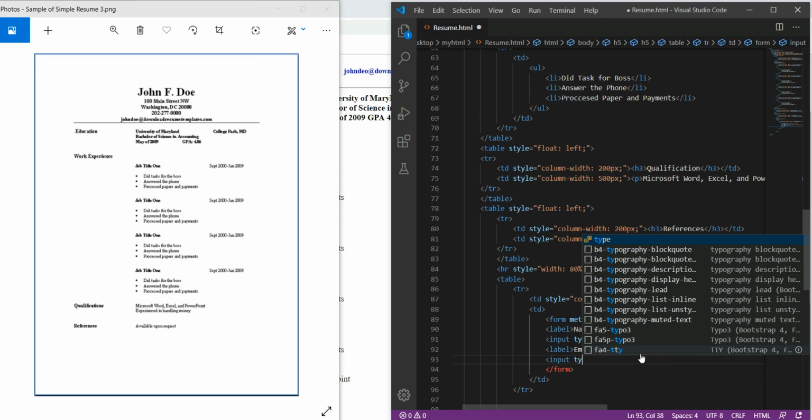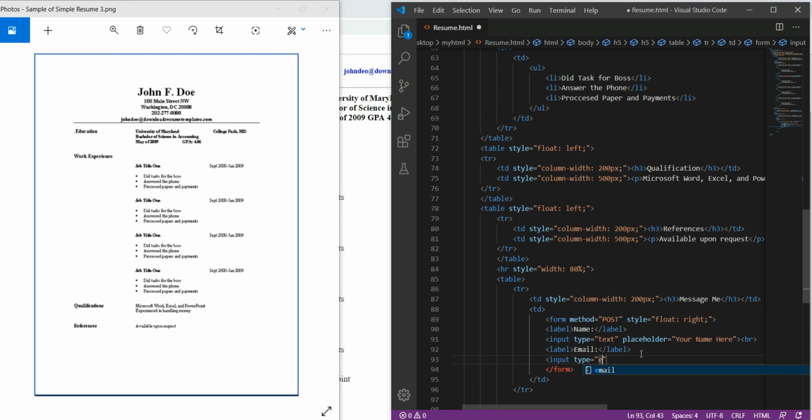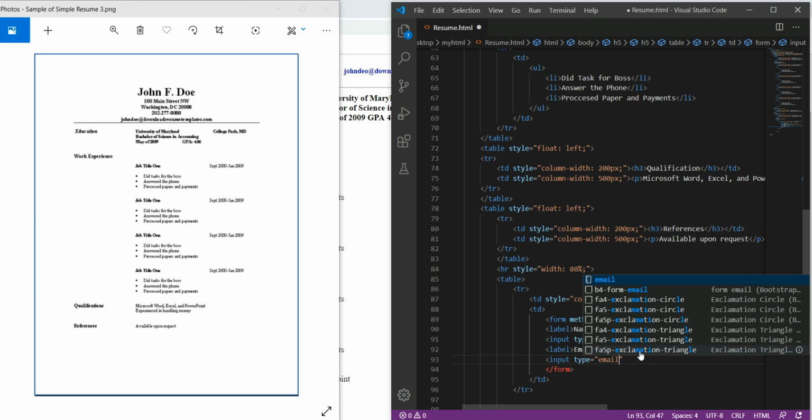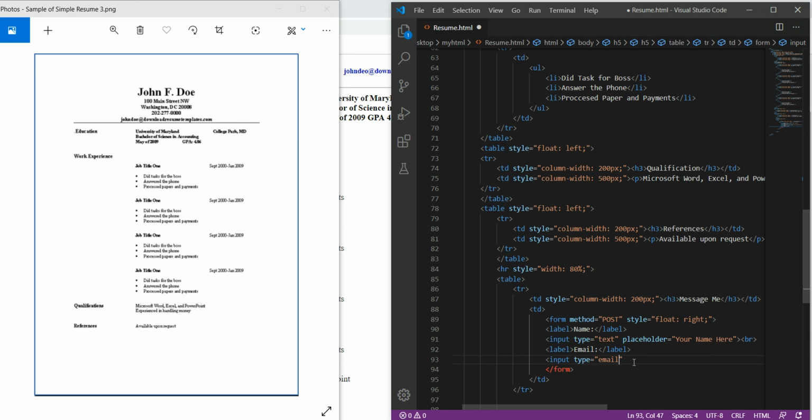Here for type, I have to select email, because email is a special type in which we have to type a text of type email. Every email consists of two parts. One part is written on the left hand side and another part is written on the right hand side of the at the rate of symbol. Okay, so this type ensures that.